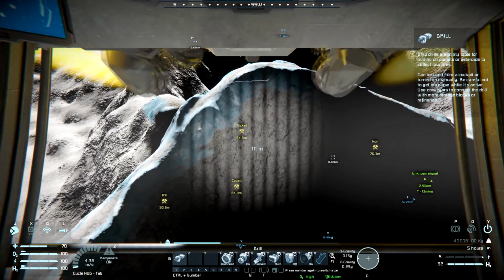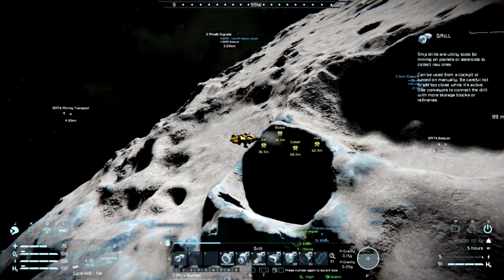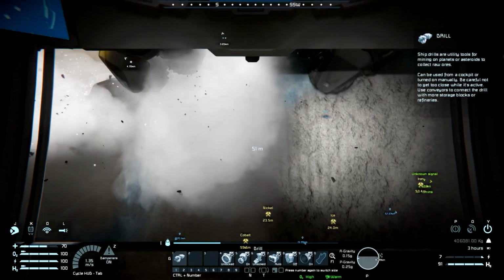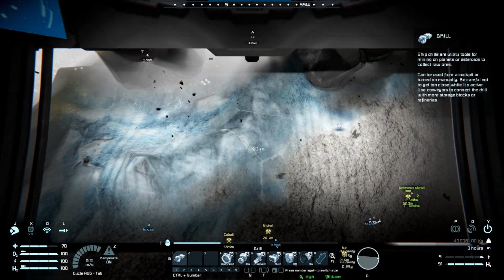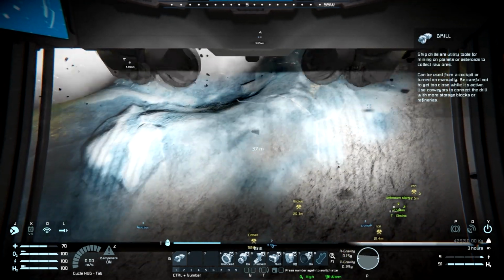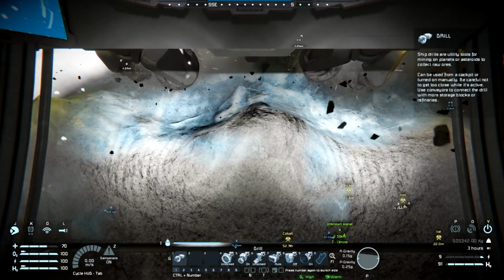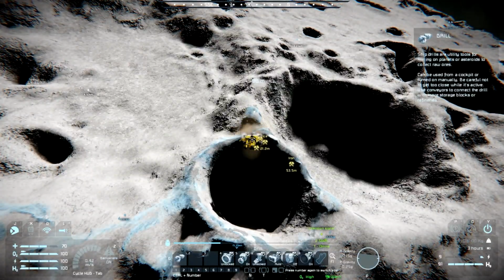I like the fact that there's so many resources just right here in the immediate area. So we're going to grab a little bit of this. Right now, I think this is the only ship that we have that has hydrogen tanks on it, because we decided not to do the hybrid engines on the battleship. So...